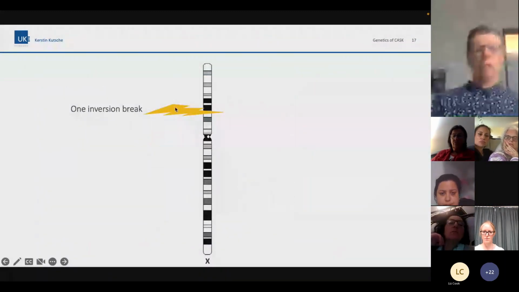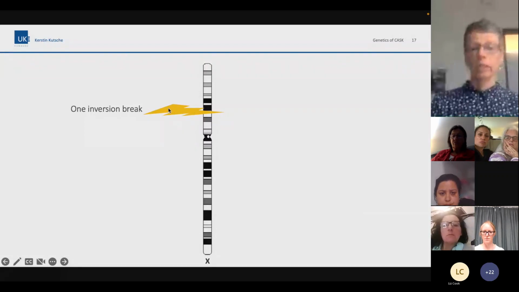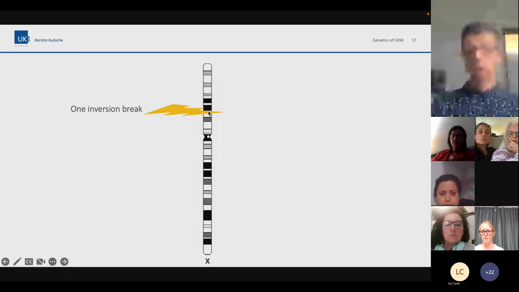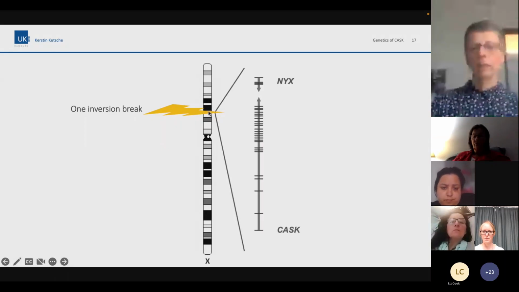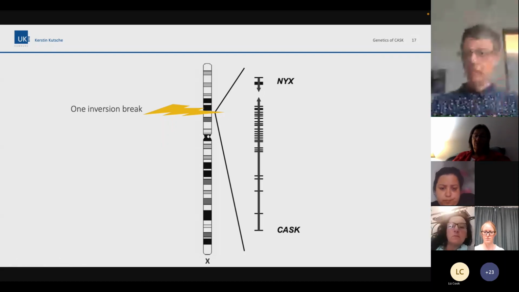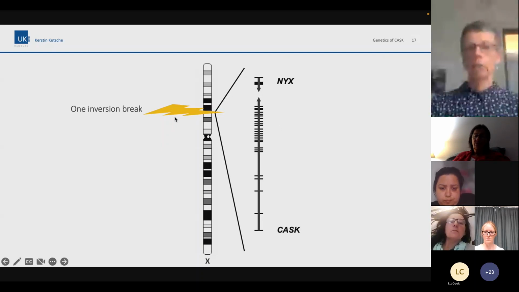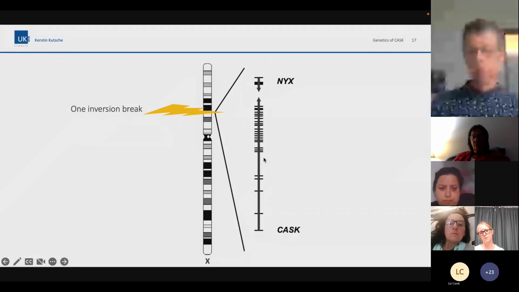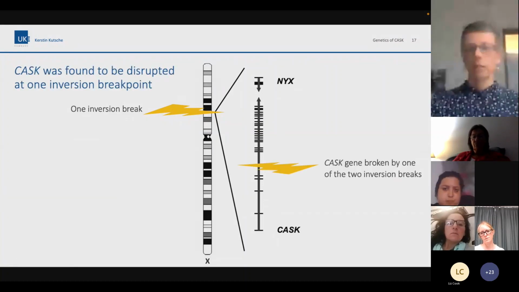So here, for example, you can appreciate that we studied in more detail what has happened on one of the inversion breakpoints. And here is a zoom which shows you that when we zoom in and look in more detail into the chromosomal DNA of this girl, we saw that in one of her inversion breakpoints, the CASK gene is located. And then when we looked deeper and deeper, we could identify that the CASK gene was